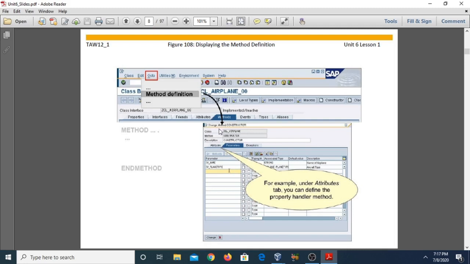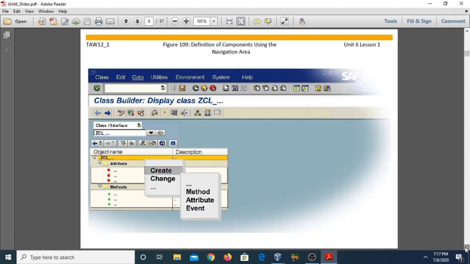So you can see display, this is showing the method constructor, and you can see the attribute tab page directly from this method definition. As you know, a method has two things. The first one is the method definition and the second is the method implementation. So if you want to switch from the method implementation back to the method definition, just click on the Go To button and then press the method definition. It will take you back to the method definition page. Now come to the next topic.